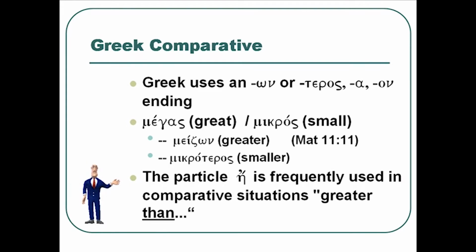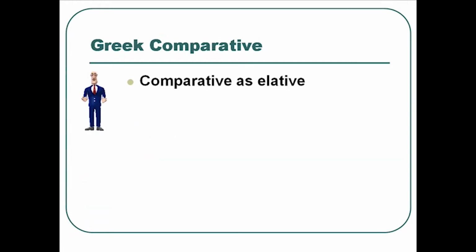There's another way a comparative can be made, and that is with the little particle eta. Frequently we've translated it 'or' in other places, but it can be translated 'than'. So somebody would say, this is greater than that. And there's a comparison then being made between one object or one thing and another, comparing them using this 'than' statement, this eta, in Greek. So this is a couple ways the comparative is formed and used, and we'll look at the elative next. The comparative is sometimes used as an elative or an intensifier rather than a strict comparative.